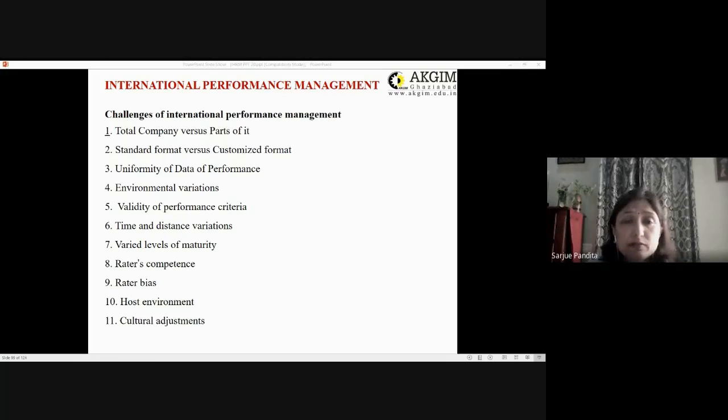Host environment. Internal environment, like the structure of the host company, organization, ownership, and expatriates' performance. Then the ownership of the parent company against a joint venture. It allows the PCN to work more successfully in the host country. That means what is the culture, what is the environment prevailing in the organization of the host country, that is going to affect your performance.